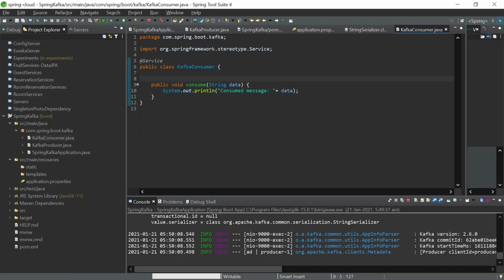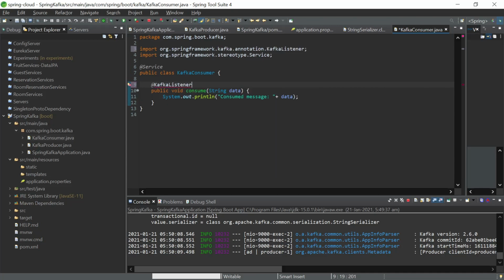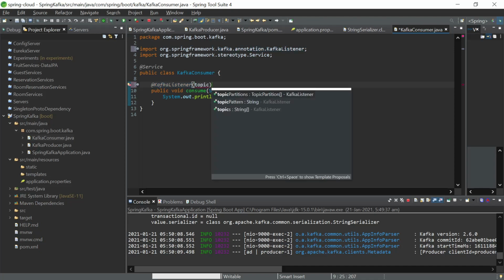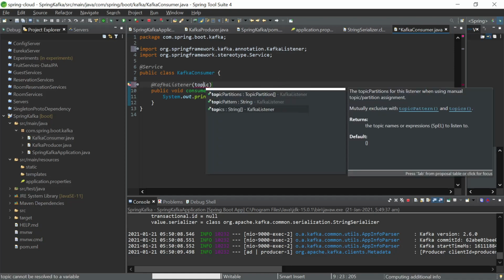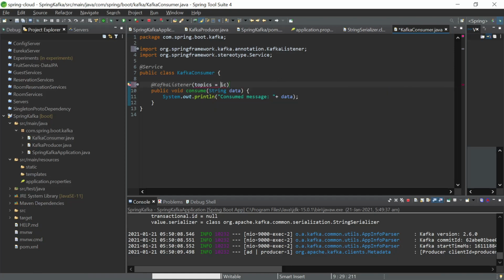So all that we need to do here is use this particular annotation. Within this annotation, we will need to specify the topics that we want to listen to. That's an array that we can specify here, a number of topics, but we just have the one, right?